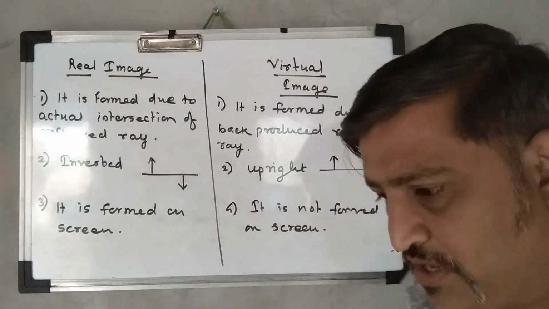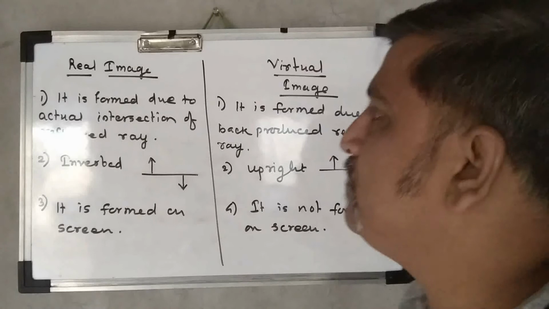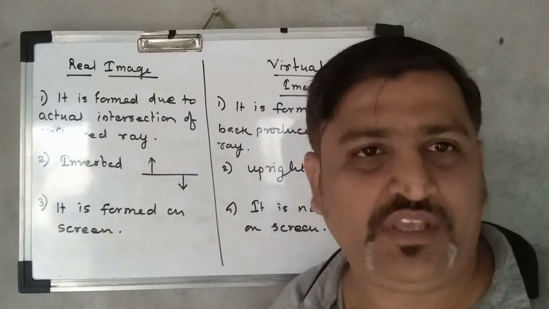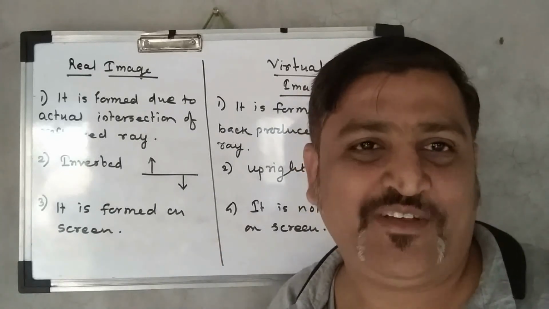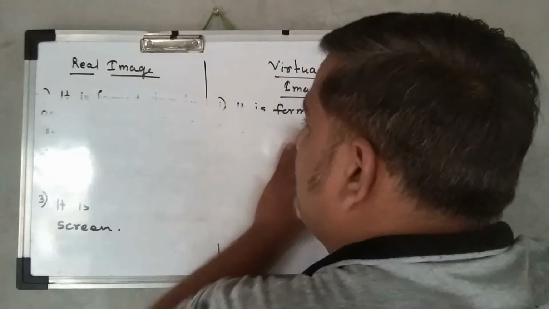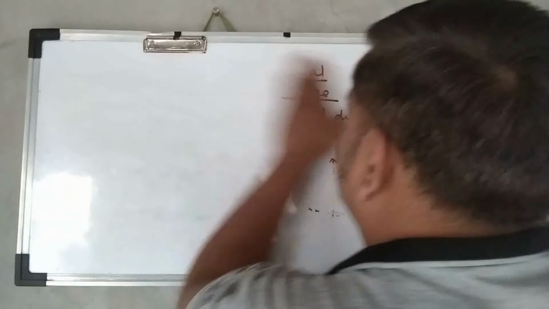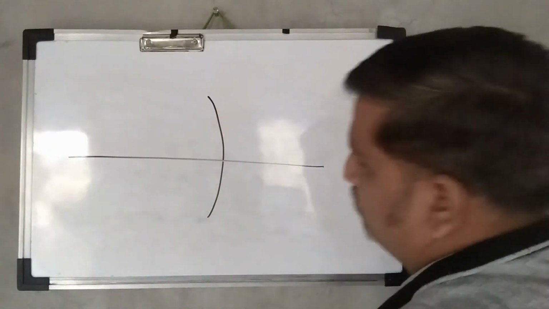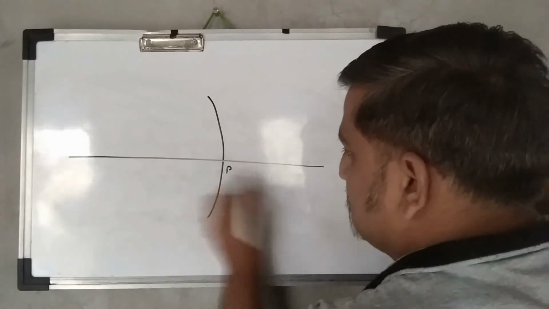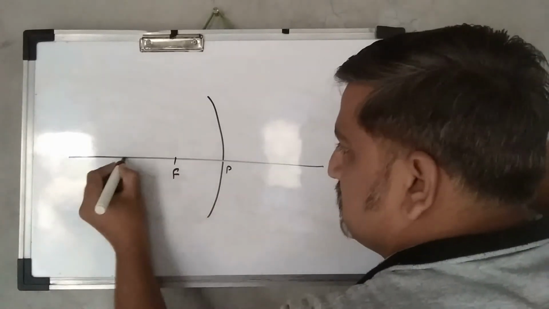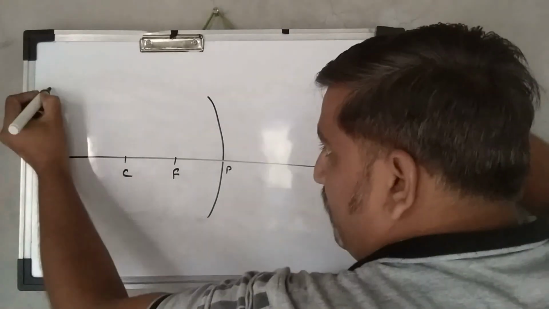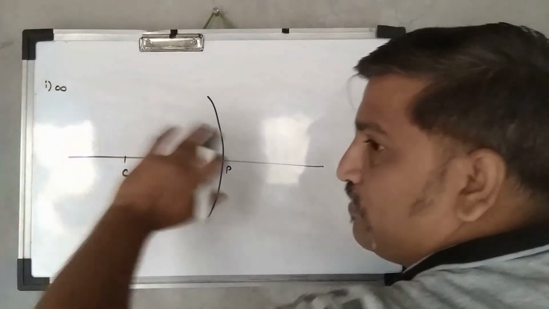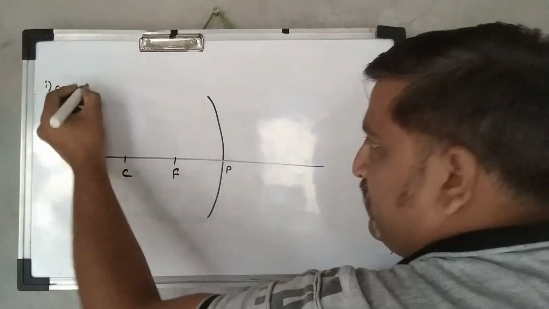Okay, now we are going to study about the image formed of the object which is in front of the concave mirror at a different position. Okay, now we are going to take the different positions of the object. Which are these different positions that I tell you first? Say this is pole, this is focus, center of curvature. First case which we are going to study is when the object is at infinity, means which is at an infinite distance, which we don't know.